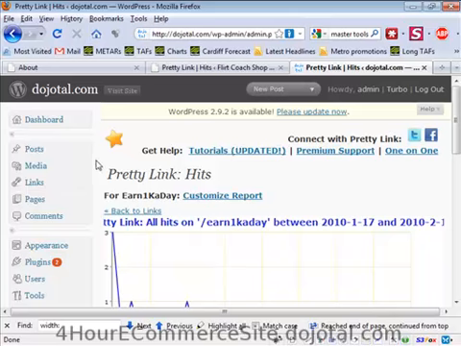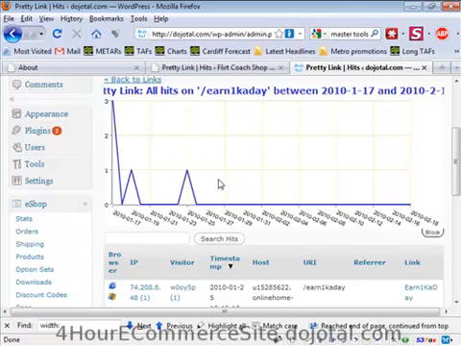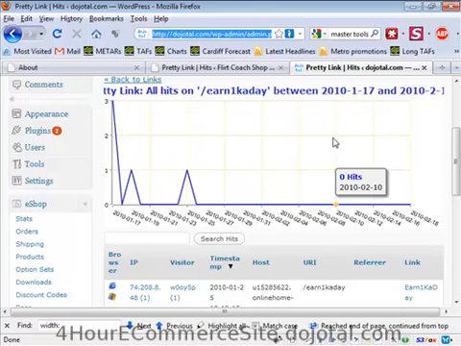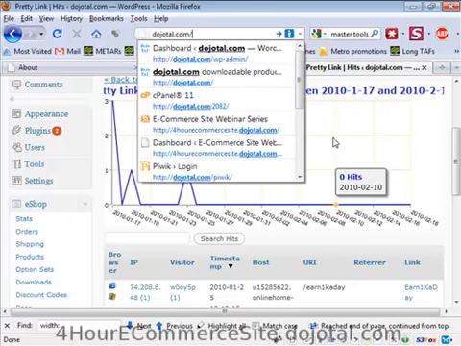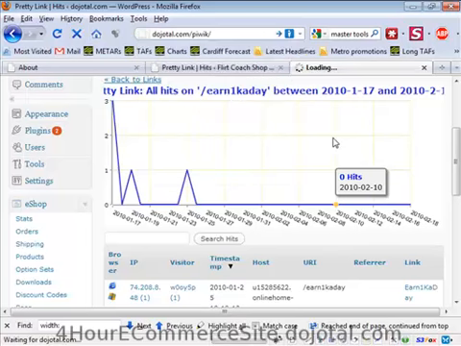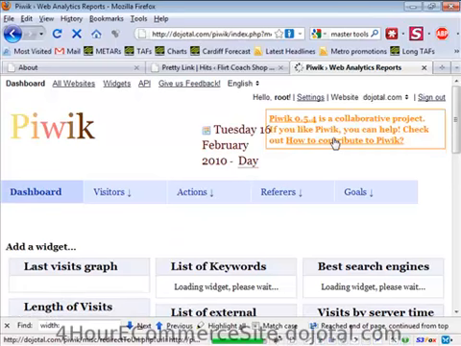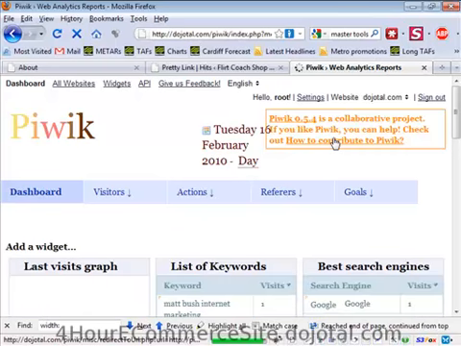I recently promoted one of the products on dojotool.com, and I've got some stats from that, and I can share with you those stats. Because I didn't really feel that I gave a good demonstration of why web analytics is so essential